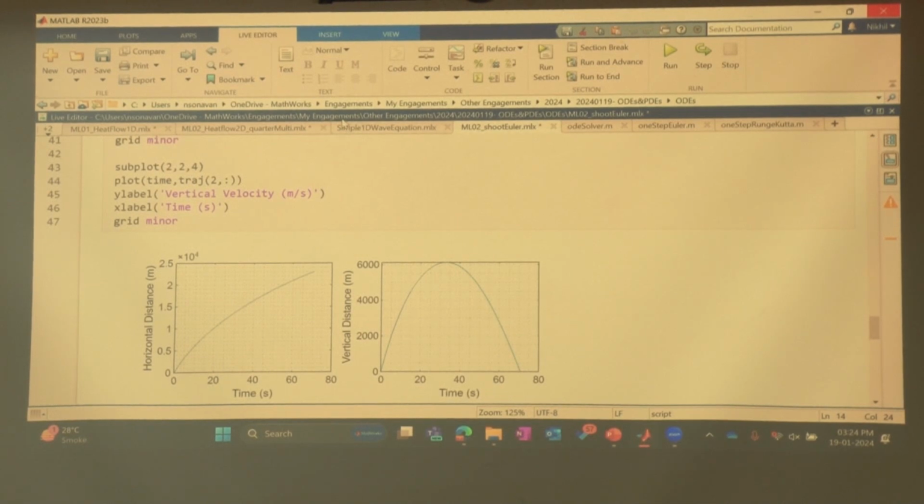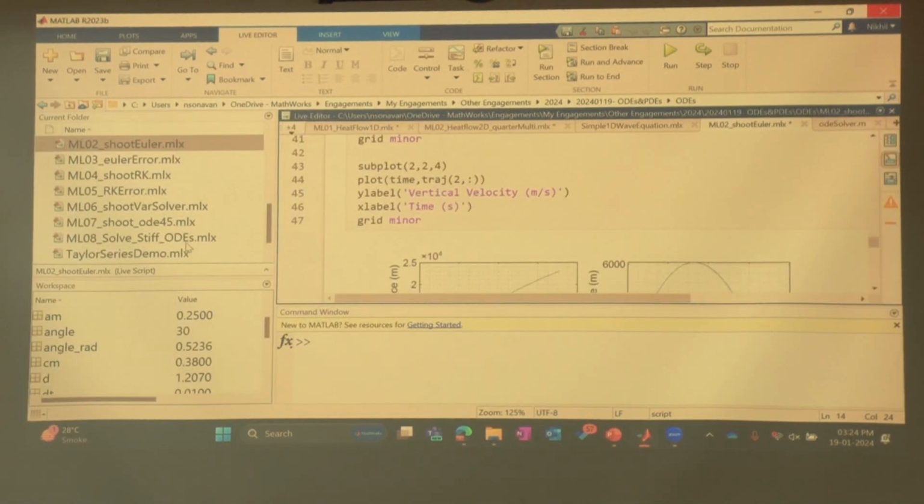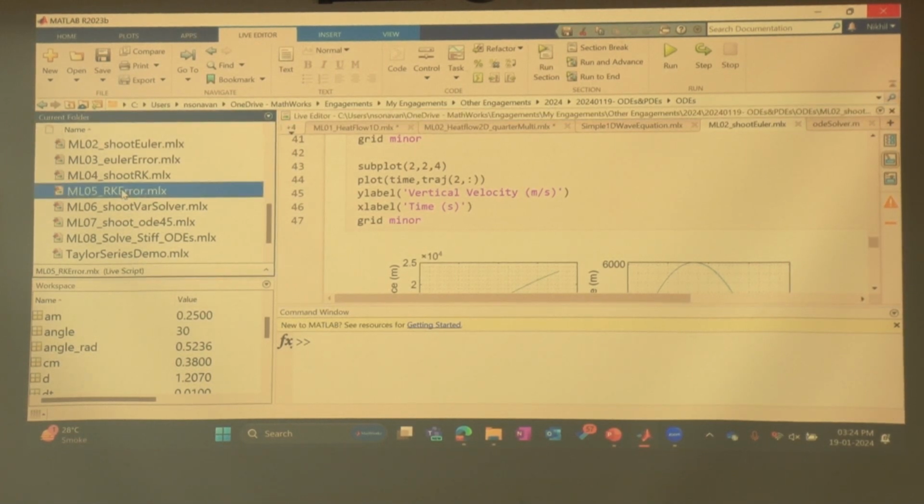So this is for Euler's. Again, similar things can be done for Runge-Kutta as well. There is a script, I can share that with you. I'm not opening that right now. What I want to show you over here is,